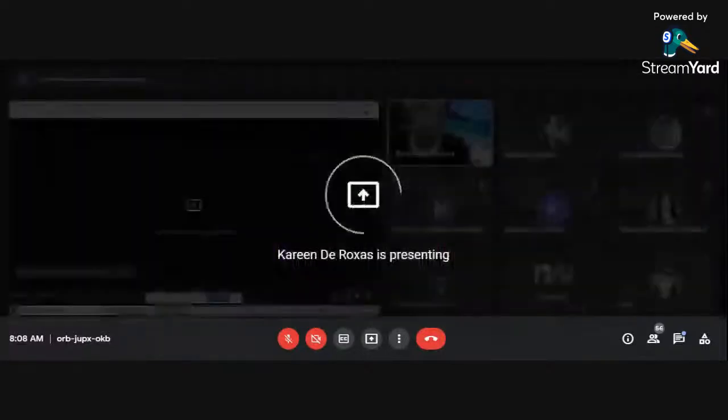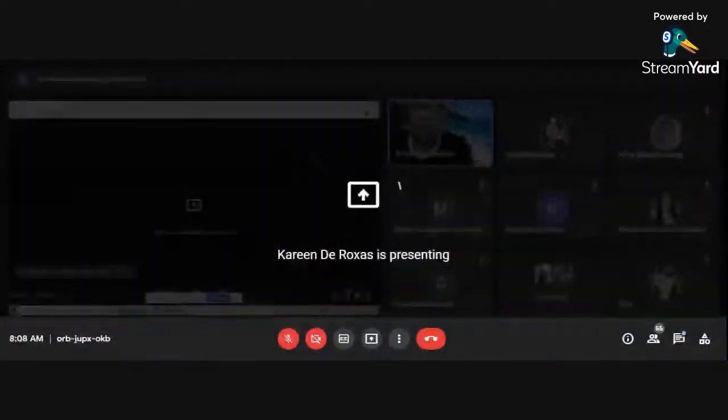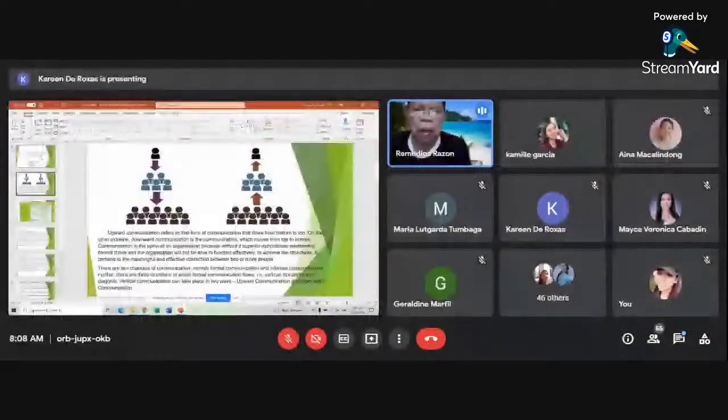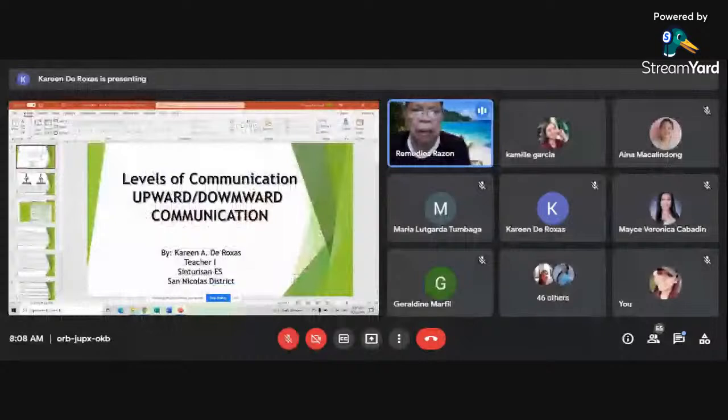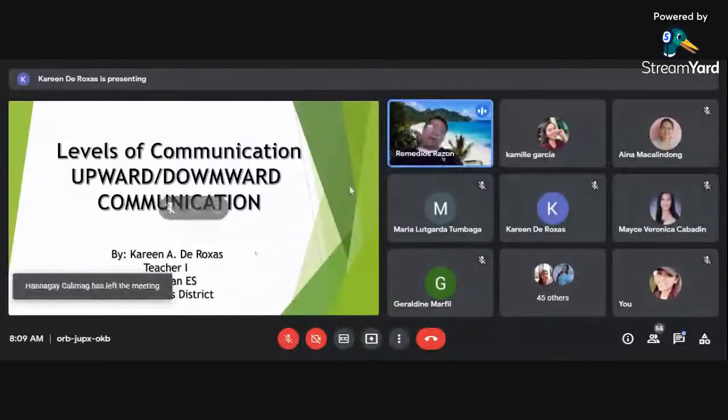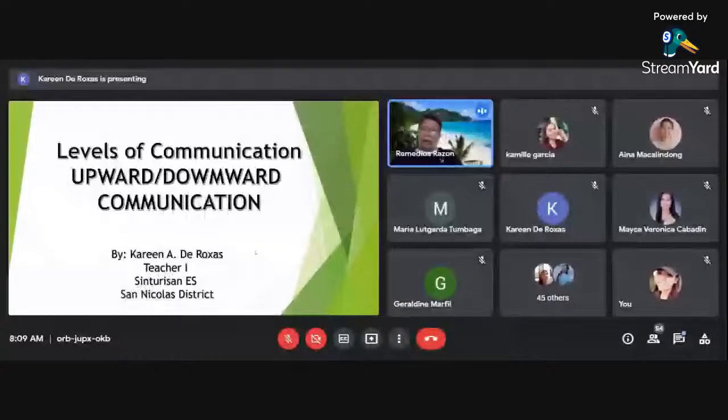Maaari ninyong sabihin, hindi naman po lahat ng leaders ay effective eh. Katulad po ng school namin. Doon sa sinabing 8, meron 2 doong hindi. But then, in other way, kung hindi man exactly yung traits na iyon, ang leader naman ninyo ay naipopossess sa iba namang paraan, not directly to those 8 traits of effective leader.